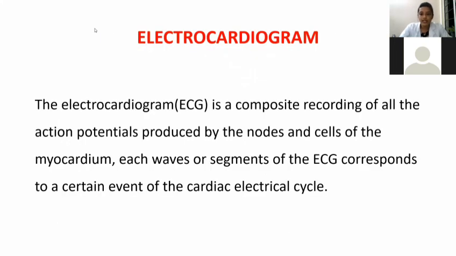So first, what is an electrocardiogram? The electrocardiogram is a composite recording of all the action potentials produced by the nodes and cells of the myocardium. Each wave or segment of the ECG corresponds to a certain cardiac electrical cycle. So in ECG, what is happening? Each event happening during the cardiac electrical cycle or in the cardiac conduction system is recorded as different waves and